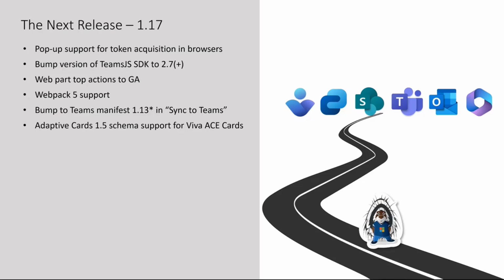and then you see a lot of flickering. There is a feature that will ship hopefully in 1.17 where the admin using PowerShell will be able to set a property in the tenancy that basically will tell our library to rely on pop-up instead. So the scenario is that if you have a lot of unmanaged clients that have Safari and ITP enabled, you can enable this capability so that instead of flickering, the moment we try to access AD to get a token and we get an error, instead of automatically refreshing, we will open a pop-up, and then in that pop-up you will be able to re-authenticate,